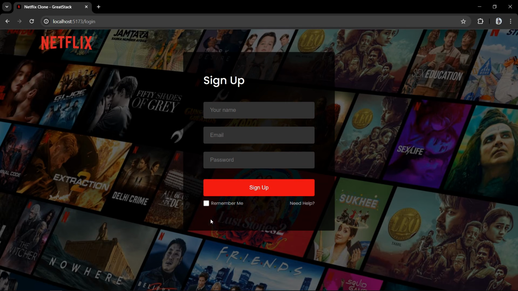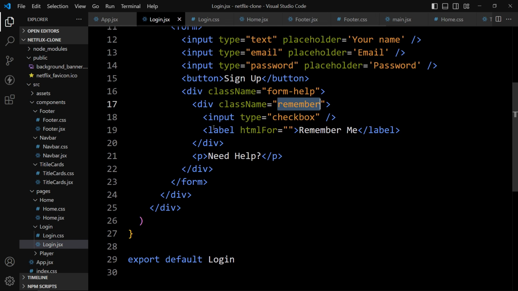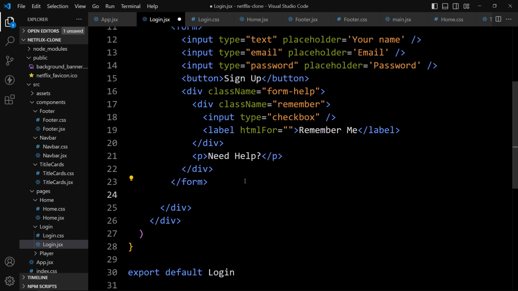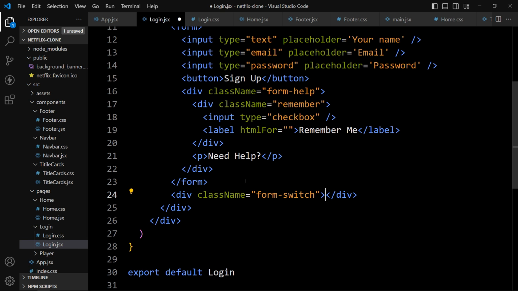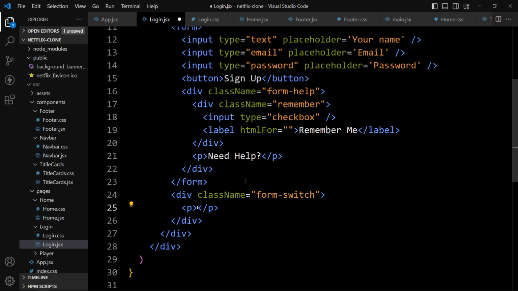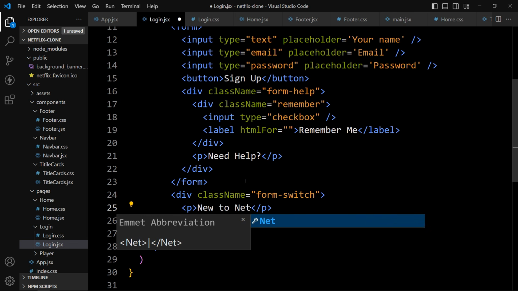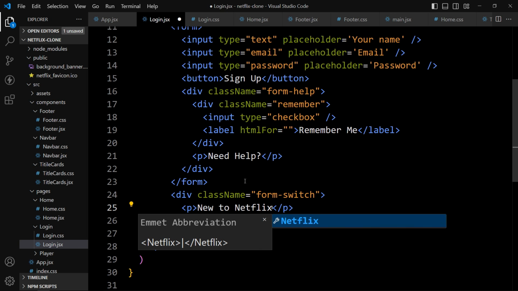After that we'll add one text here that will be used to switch this form from the sign up form to sign in form, and if it is in the sign in state then it will change to sign up form. So let's come back, and in this login.jsx file, here we have the closing form tag. So after this let's add one div with the class name form switch. In this form switch let's add one text in p tag. It is new to Netflix question mark.